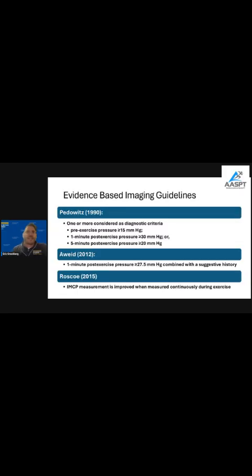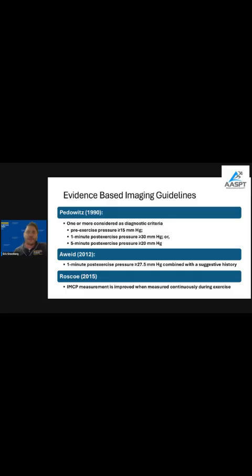So the guidelines that have been established on this are variable. Pedowitz probably has the most commonly adapted ones, where they find it to be positive if one or more of these diagnostic criteria are satisfied. So if they have a pre-exercise pressure testing of greater than 15 millimeters of mercury, and then after 1 minute it rises to above 30,